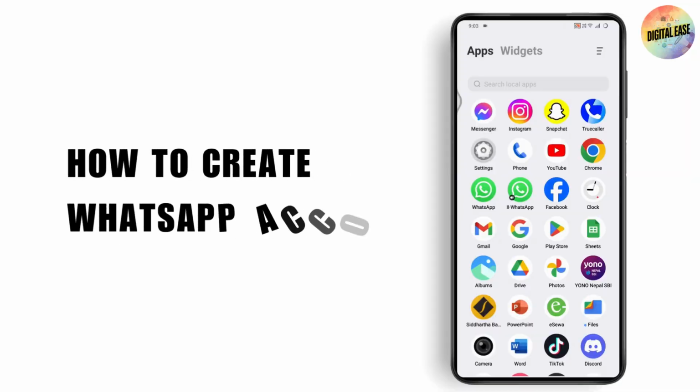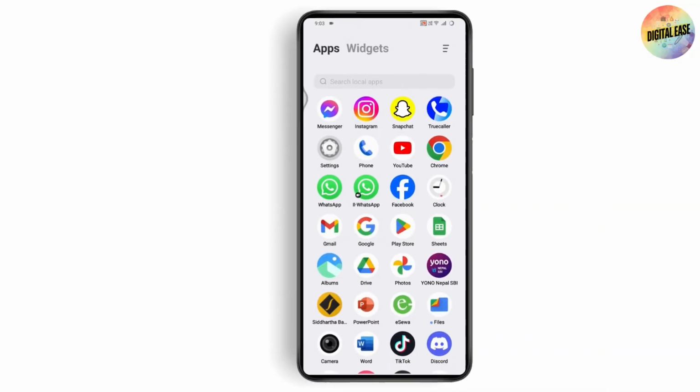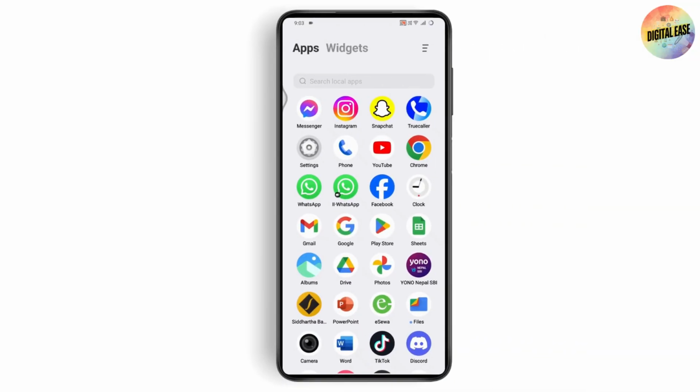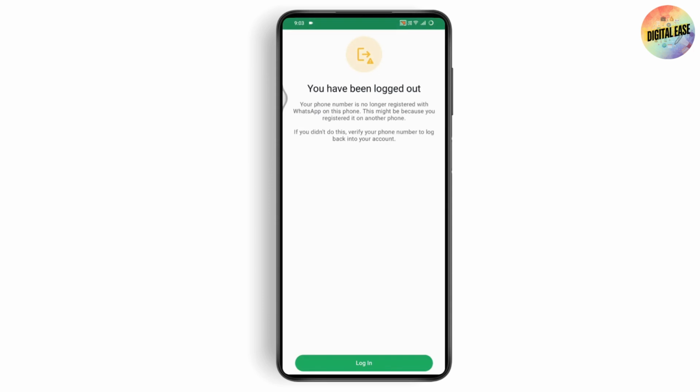How to create a WhatsApp account. So if you want to create a WhatsApp account, then first you just need to check your internet connection. And the main thing is that you need to install the WhatsApp application from your Play Store or your App Store. Once you've installed the application, you can simply tap on WhatsApp and then you can open up your WhatsApp